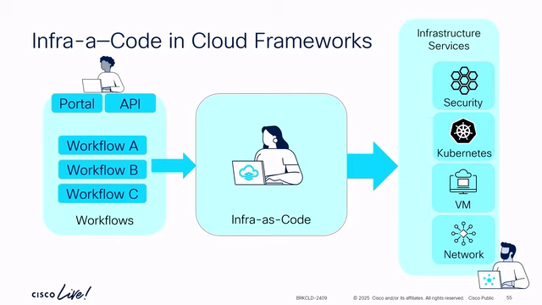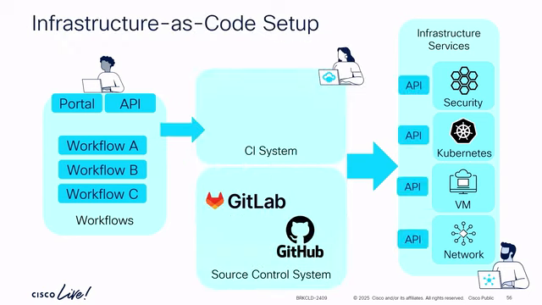I mean, workflows can talk directly with APIs, and that's useful. But it's way more powerful if we put infra as code in the middle. That's why what we are triggering is GitLab pipelines in this case. Again, it could be any CI/CD tool. GitLab is just an example. So what is happening here is we have our source control system. For us, it's GitLab today. Could be GitHub, could be whatever. CI system, GitLab is comfortable for us because everything is together. It could be GitHub Actions, it could be Jenkins, you name it.